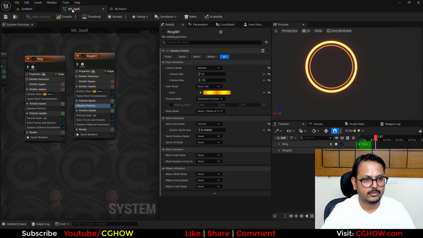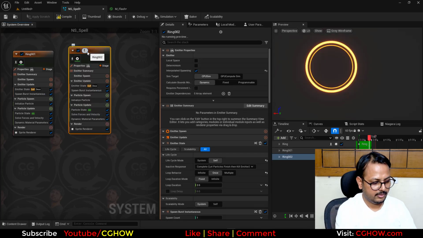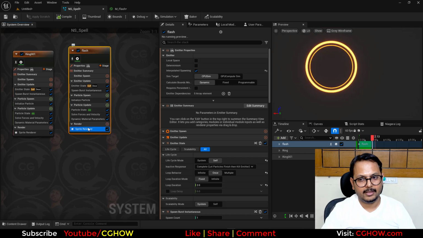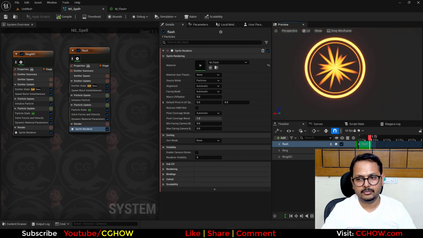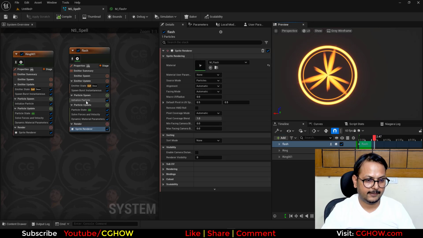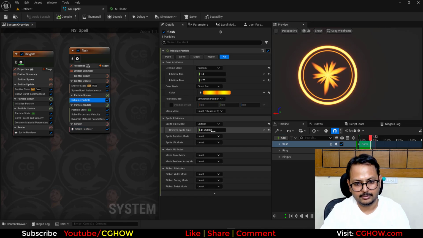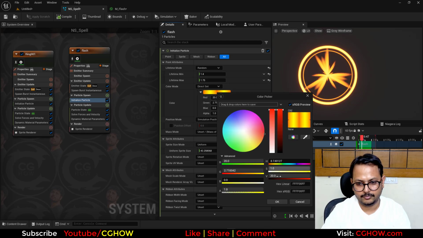Now I will browse this, and here, let's copy this and paste, and I'll call it flash. Actually, yeah, flash. And then I will just change the texture. This is the material I need here. So you have flash. And if you feel like it's 2D, you can also make it 3D, but I think it's okay. I'll just make it faded, maybe 5,